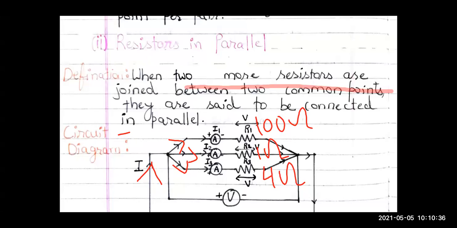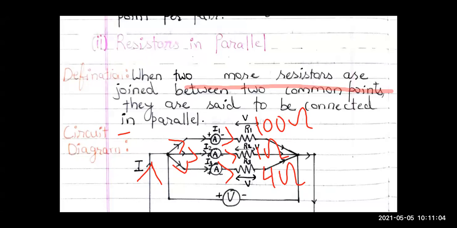So the current which is going to pass through 100 ohm will be very, very less. 1 ohm means less resistance, so the maximum current is going to pass through 1 ohm. And 4 ohm, a little more. It is lesser than 100, it is more than 1. So a little current will pass through it, and minimum current is going to pass through the 100 ohm. Right, beta? So current will not be same.